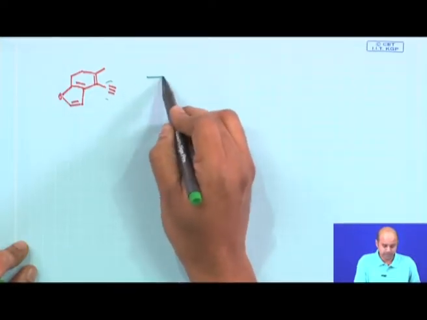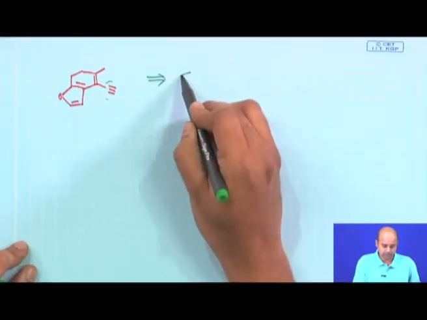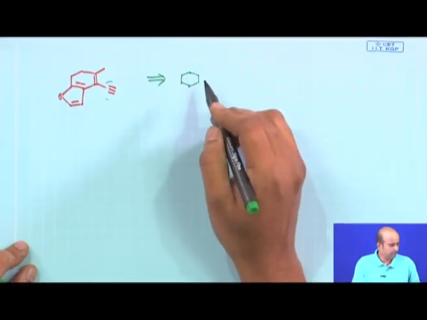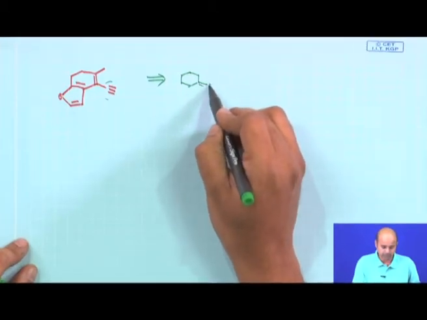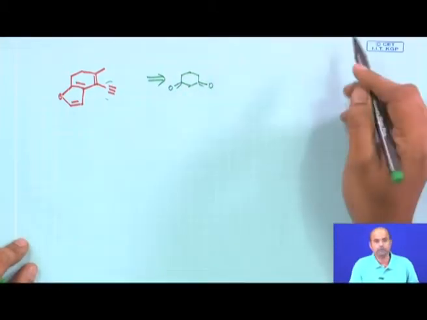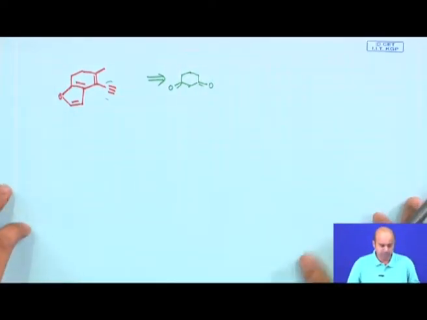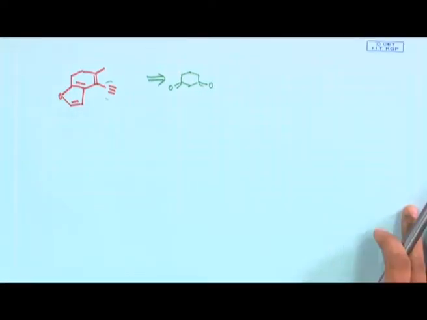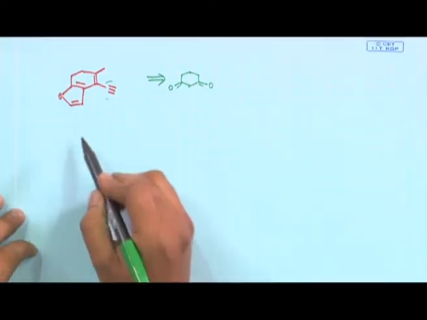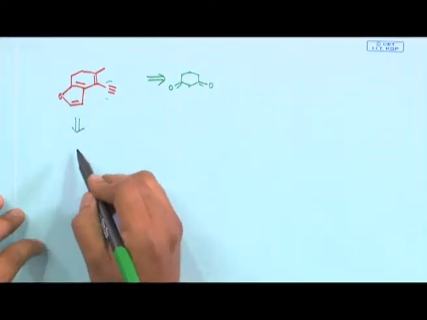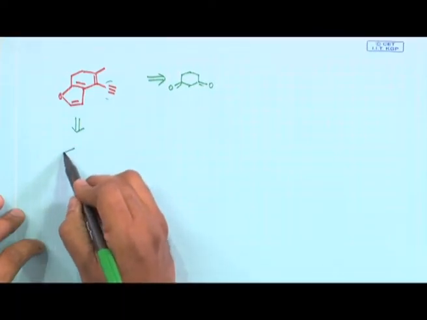The starting material I will try to give. So, to make your job a little bit easier, the starting material which was given to you is a 1,3 cyclohexane dione. Eventually, this whole transformation is a unique transformation, and if you try to figure it out, let us first analyze the target and then try to go back to see how it can be done.